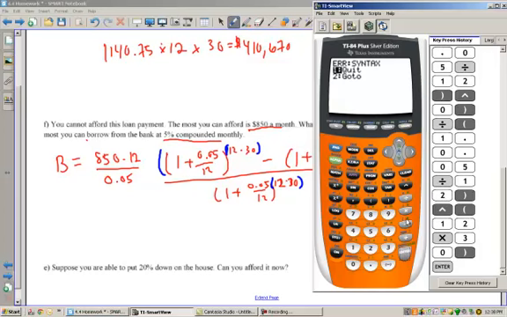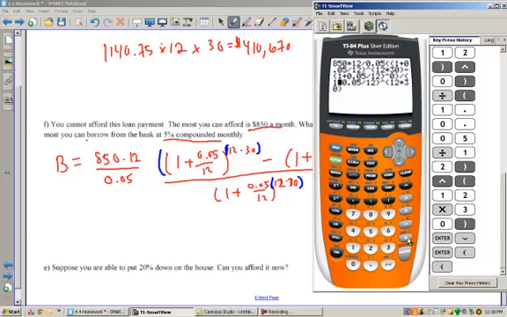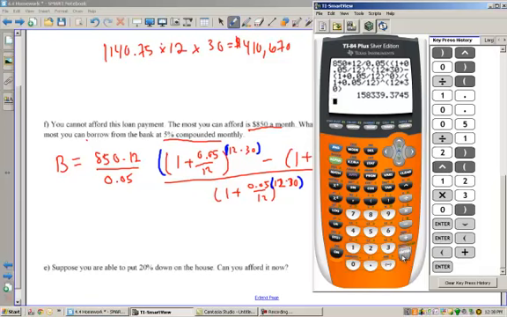And I get my answer of, oops, there's an error. When there's an error, just hit go to, and it's going to go to your error. You can see here what happened is I have a point and a point, and that should actually be a plus. I made a mistake. I hit a point instead of a plus. So it should be a plus. Now hit enter, and I get my answer of